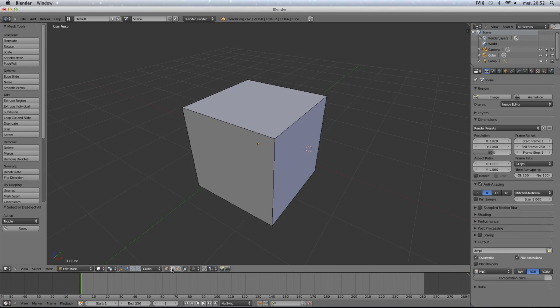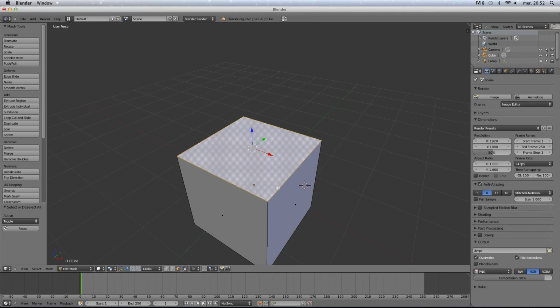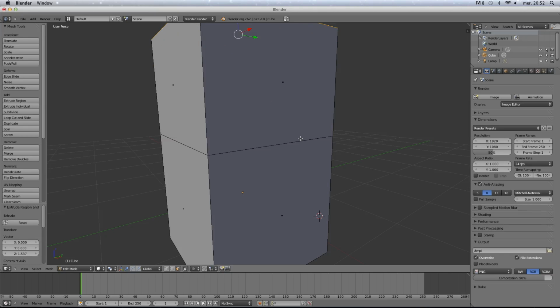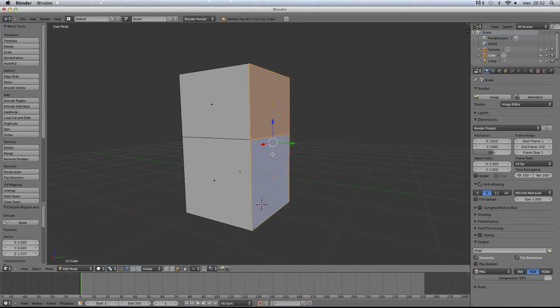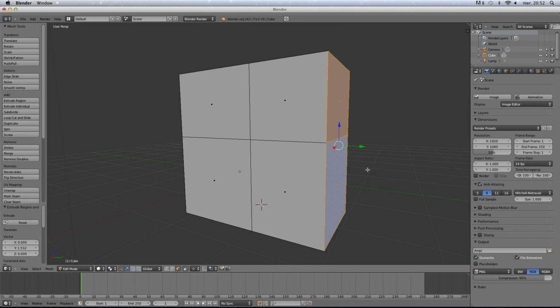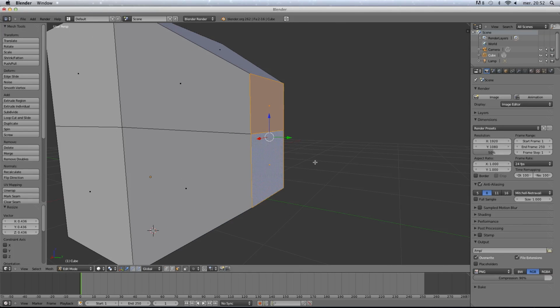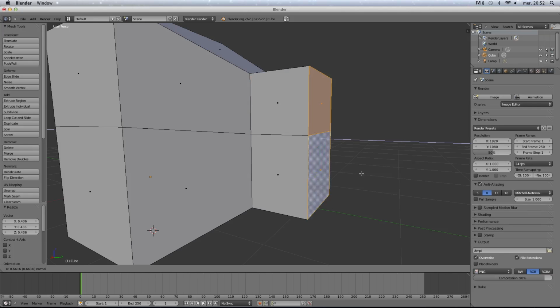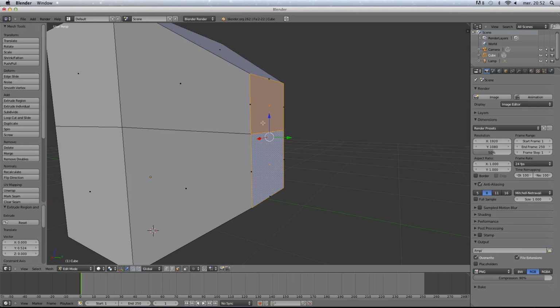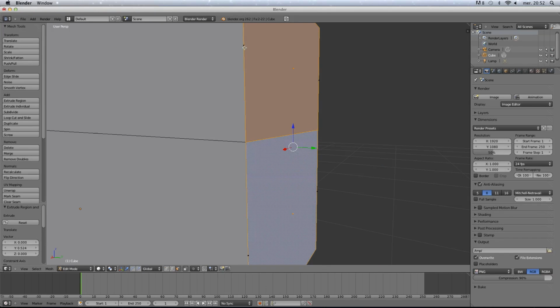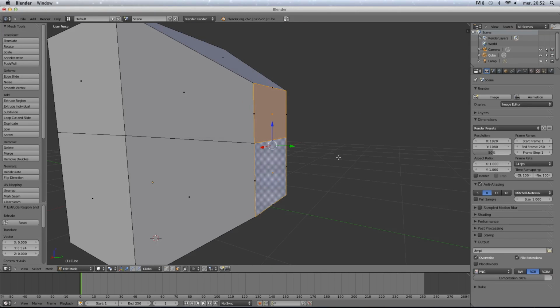The first one, it's one of the most useful, is extrude. Just press E and you can extrude. You can extrude multiple things like this. You can scale down. You can extrude. Press E, move it around, but right click so it stays here. But you can see here with a little square that there are faces right there. So what you do is you scale down and you can